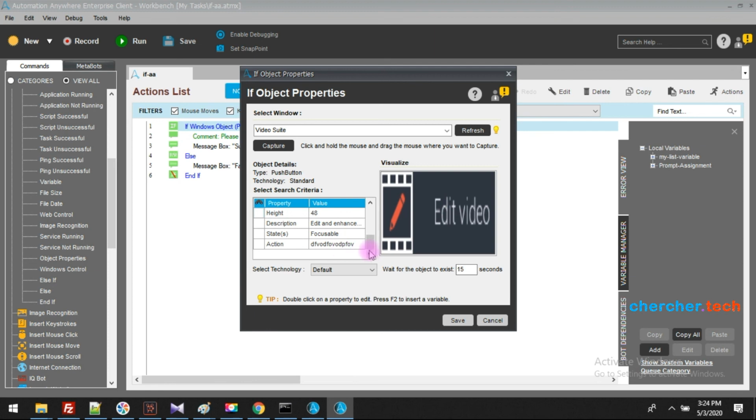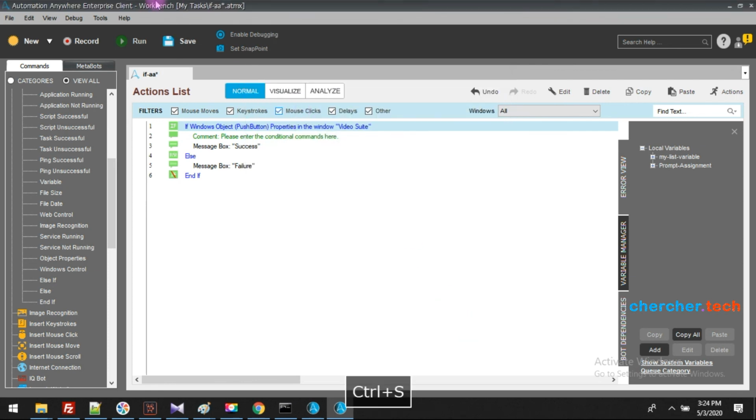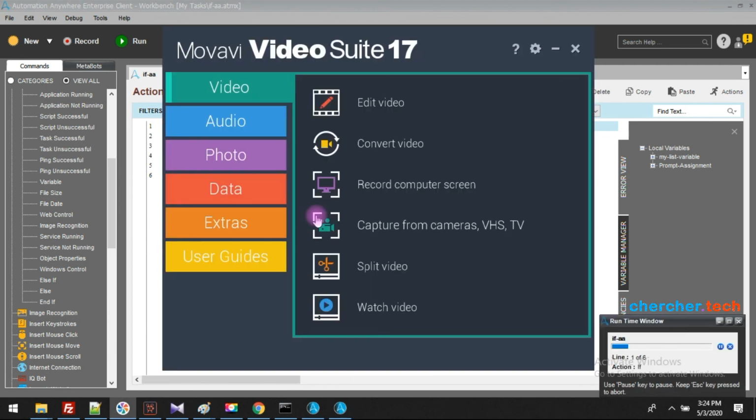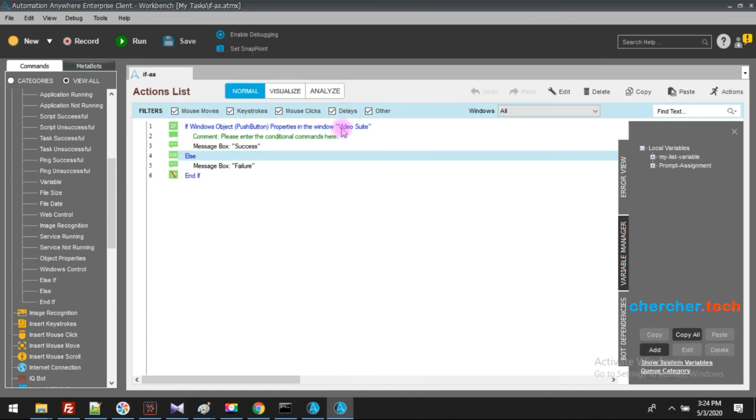As of now it does not use it. So let's check it. Save, and save the bot and run the bot. Okay, it is successful because the value is present, and also we are not using the edited value in the